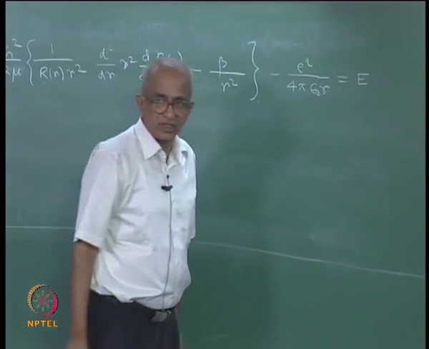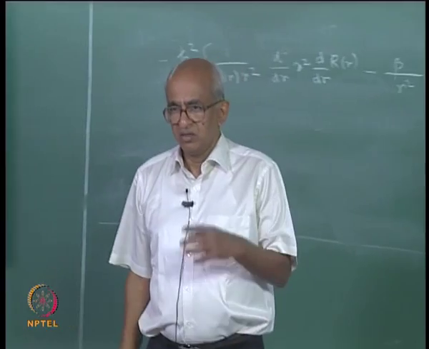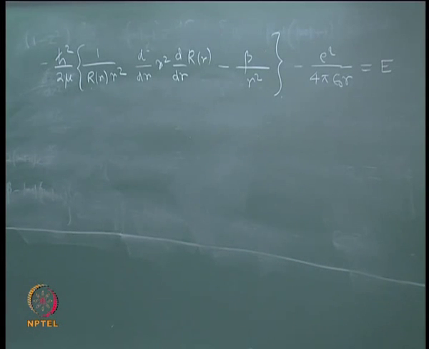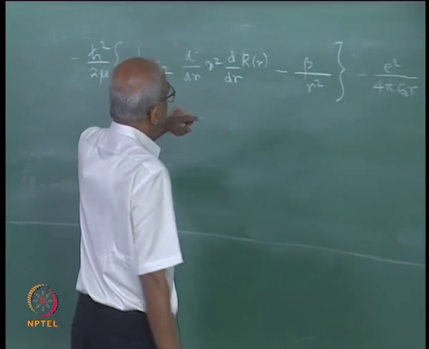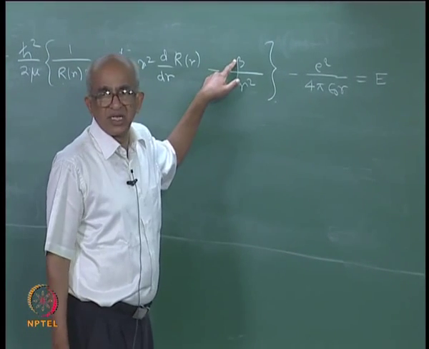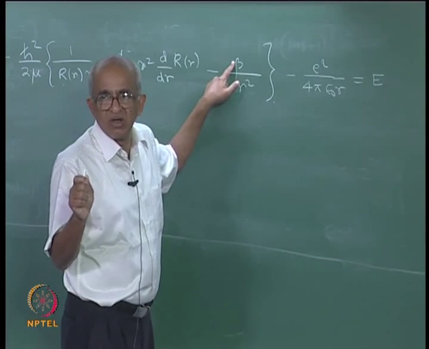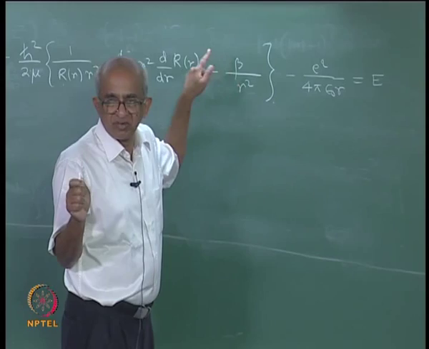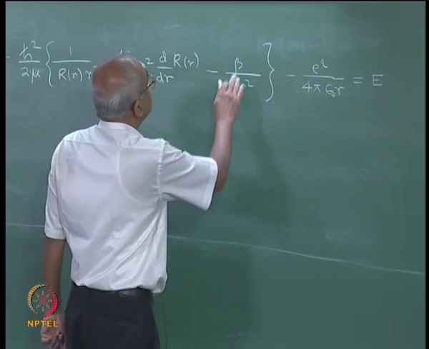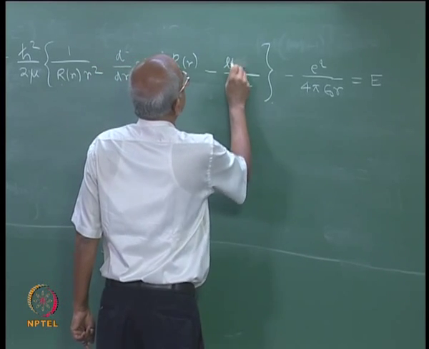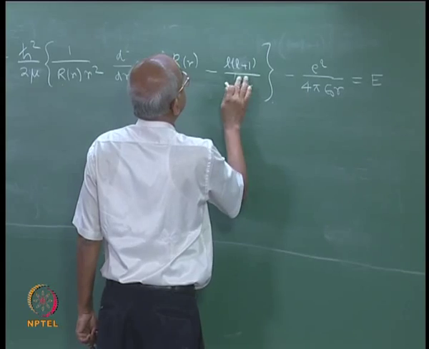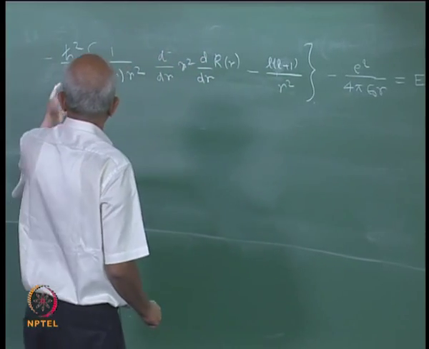this was the equation which we obtained by using the method of separation of variables. But in this equation we would now replace beta, because we have found that beta is restricted, it can have only values of the form L into L plus 1. So, we will put L into L plus 1 here,